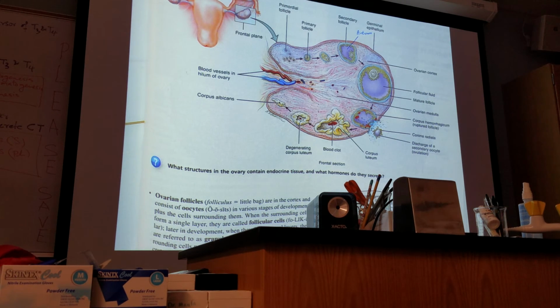Okay? Good. So here is the end of the story of the life cycle of ovarian follicle. Okay? Now let us look at this individual. What is a primordial follicle? What is a primary follicle? What is a